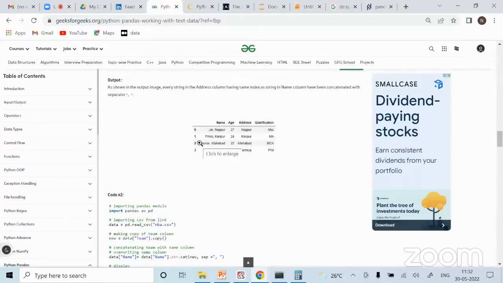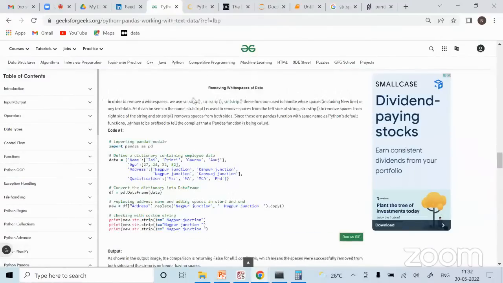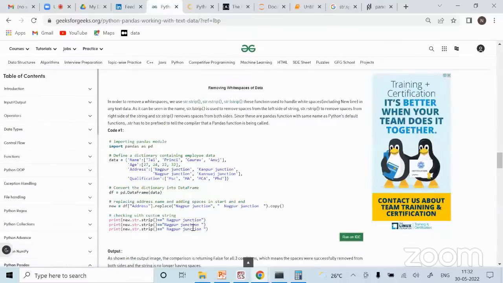Okay, so you can string columns, you can do replacement, splitting, concatenation, removing white space, so these things we can do. Strip: what does str.strip do? Simply give the column and strip it, new.str.strip, that's all, and save it into the same thing or wherever you want.